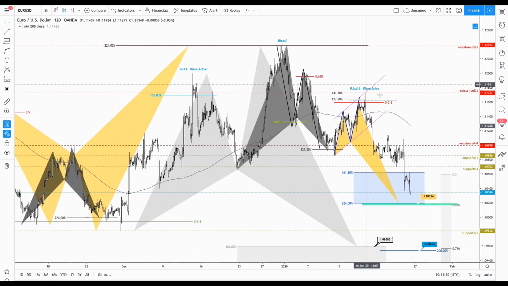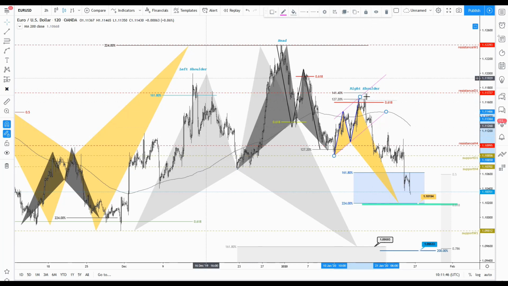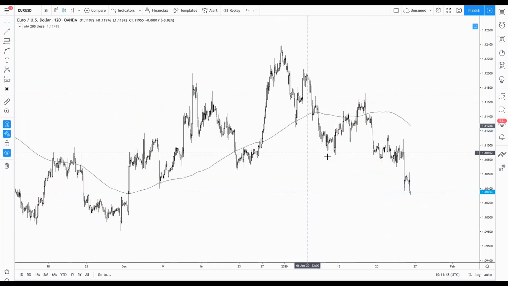One of them, at that time, was the eventual formation of the right shoulder. So with the price completing this symmetrical three-wave structure at that point, I was mentioning the possibility of a breakout below this parallel ascending structure. So once the price breaks below this structure, I saw, and I believe we can see,